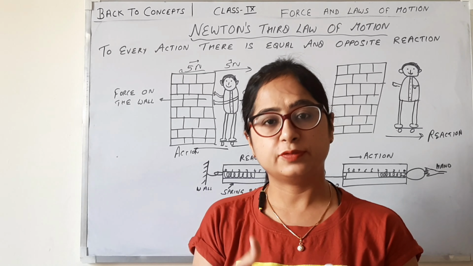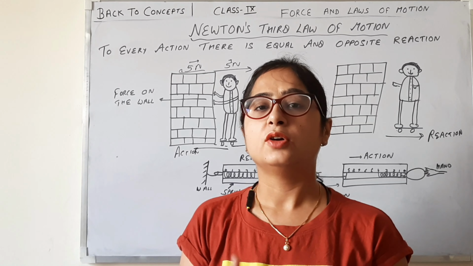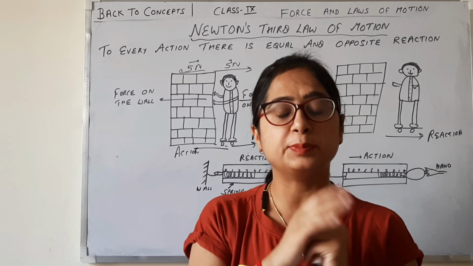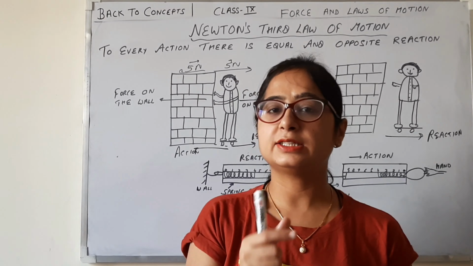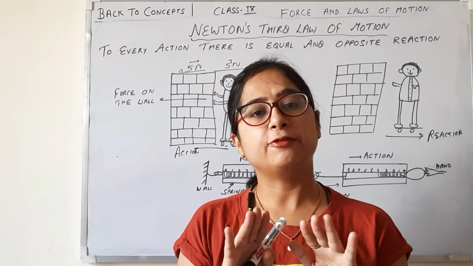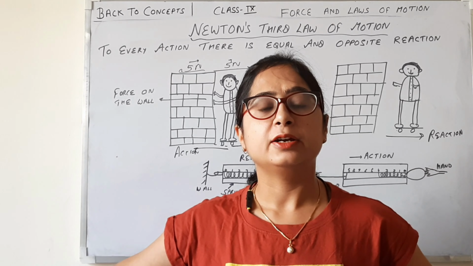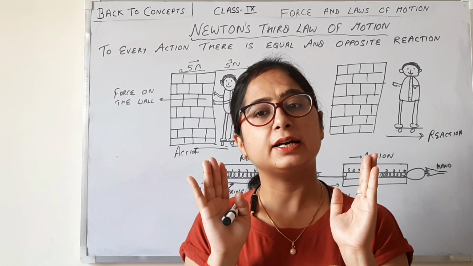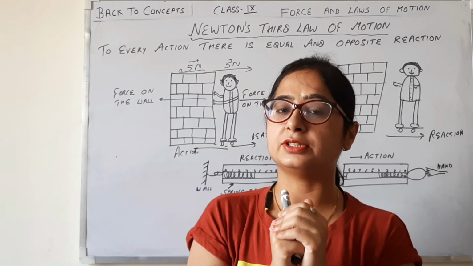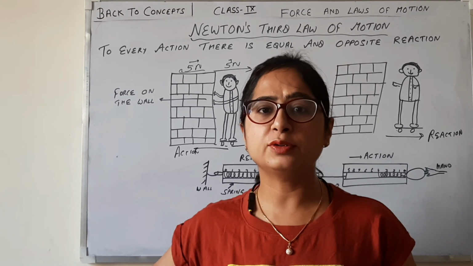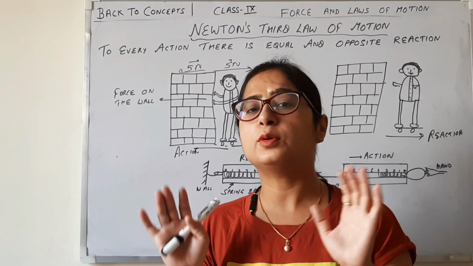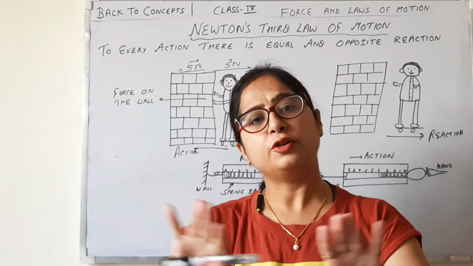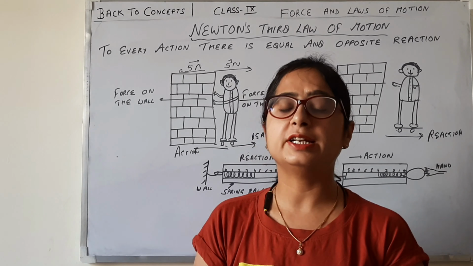So what is Newton's third law of motion? For every action there must be an equal and opposite reaction. So what happens in the case of swimming? We apply force with our hand on the water in the backward direction, and the water pushes us in the forward direction. As much force as we apply on the water, with equal and opposite force we will go forward. Here the funda is the same: for every action there is an equal and opposite reaction.